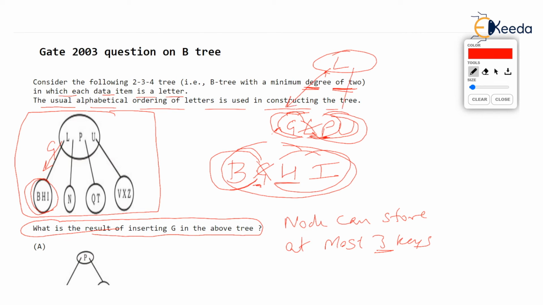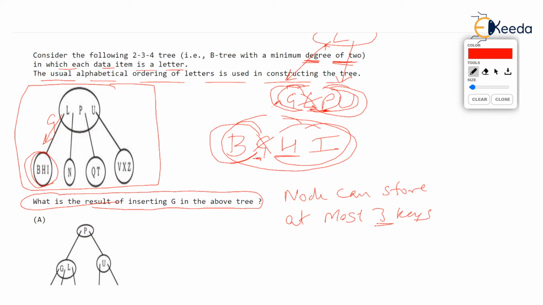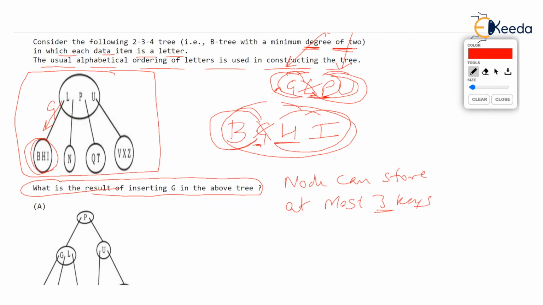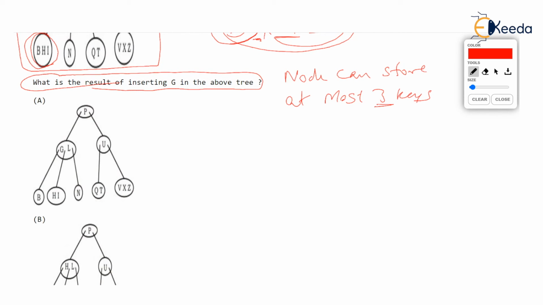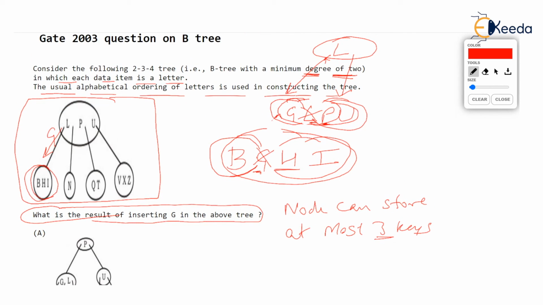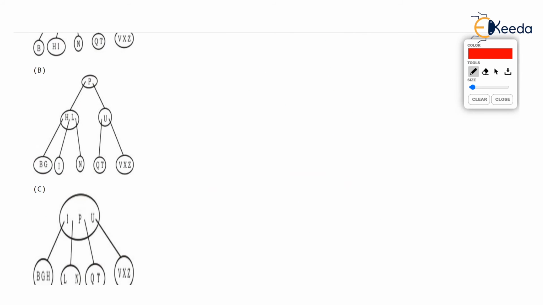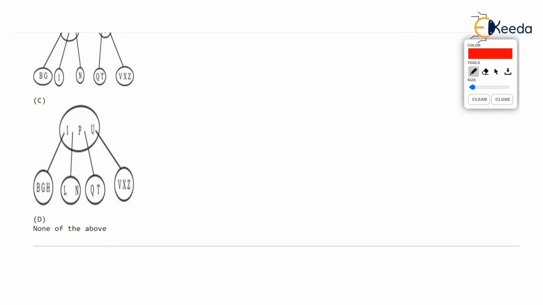Let's see whether we have any such option. Check that. Just see, we don't have, I think, any option where L is the root. Definitely this option C is out of question. Root will get split, definitely. We have seen root will get split. So you can't have a tree with only two levels now, because the node was overflown in the leaf.